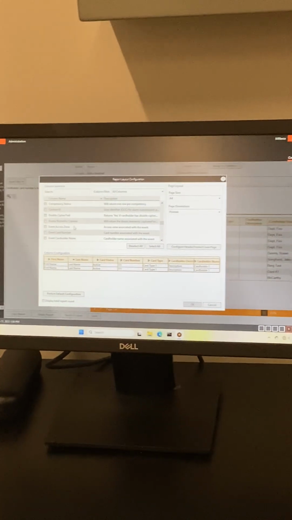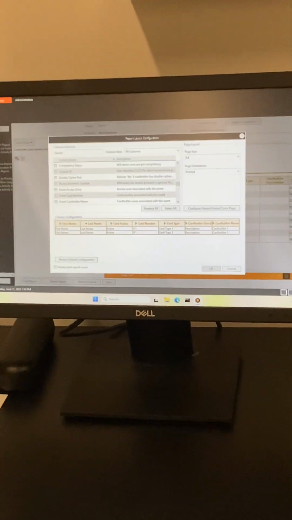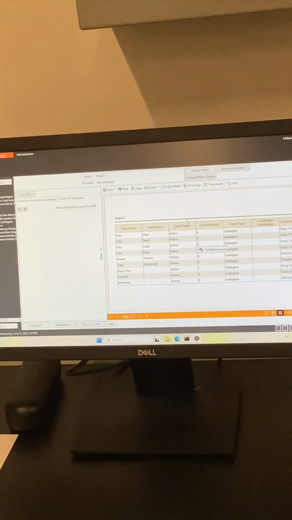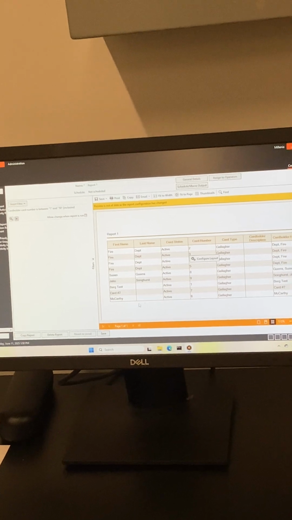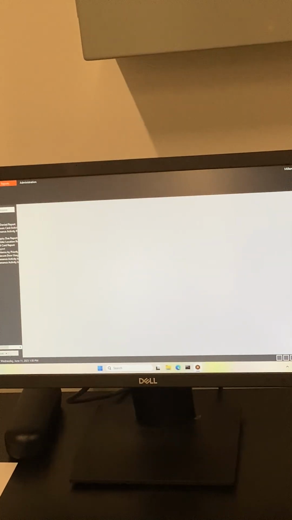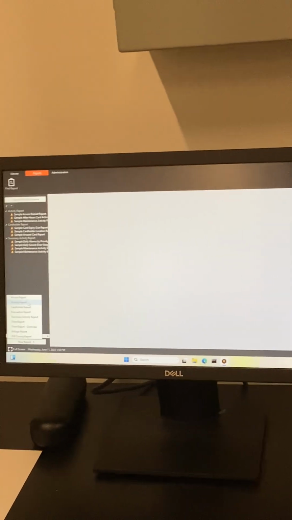How about if we wanted to look at a month of access? That would be an access report. Right now we're just doing cardholder, so we click OK. Let's say you want to change it now. You can just say delete report, and delete it. Go back down, activity report,